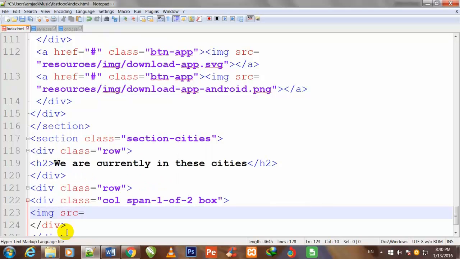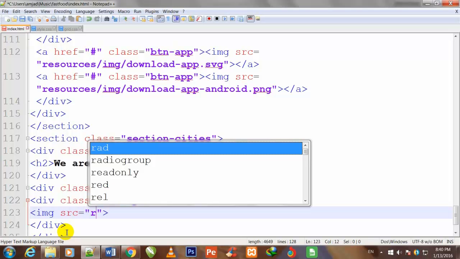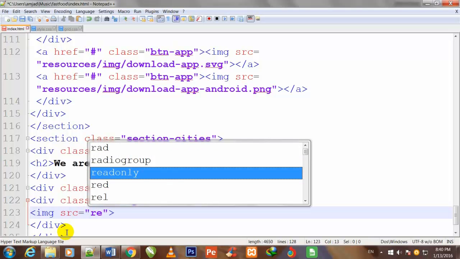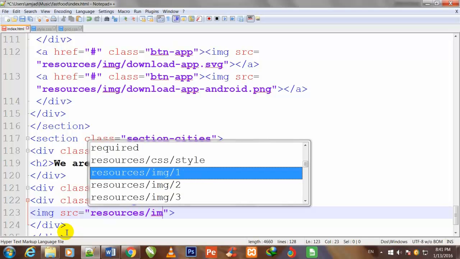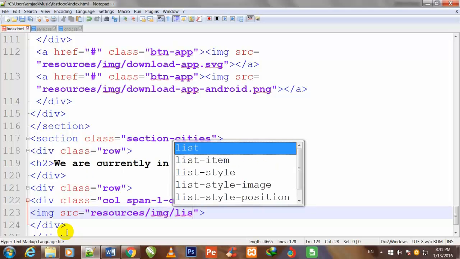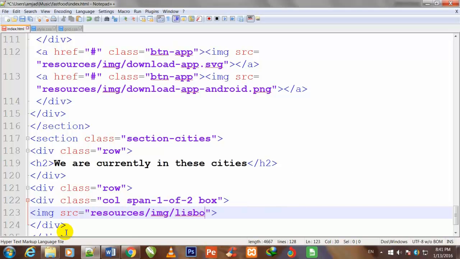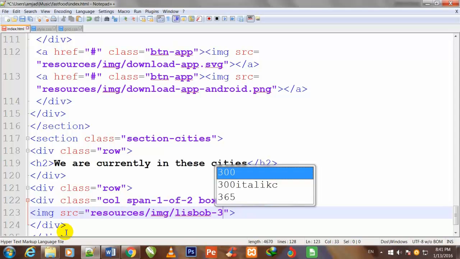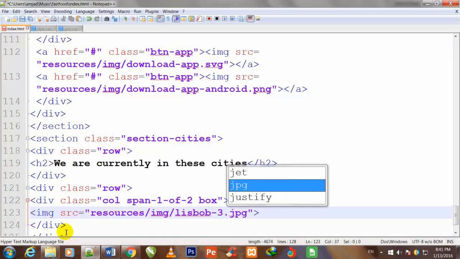Here I am going to bring an image, therefore I am writing the img tag, img src is equal to double quotes, and here friend I will write the folder name resources, backslash img folder, and here I will write the image name, lisbon-3.jpg. jpg is the extension of that image.